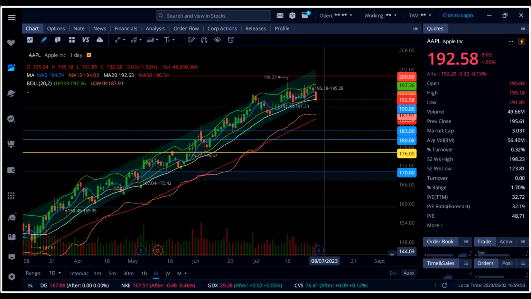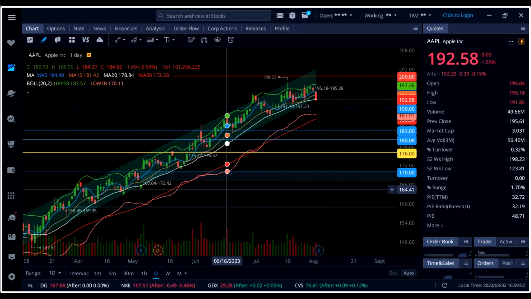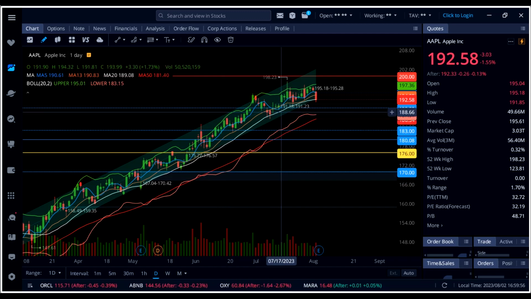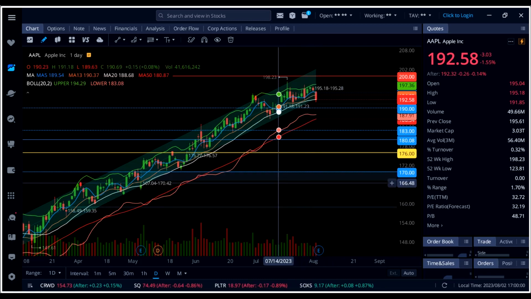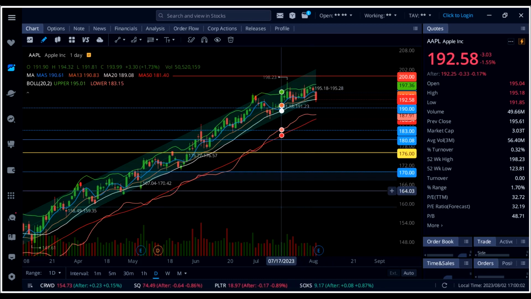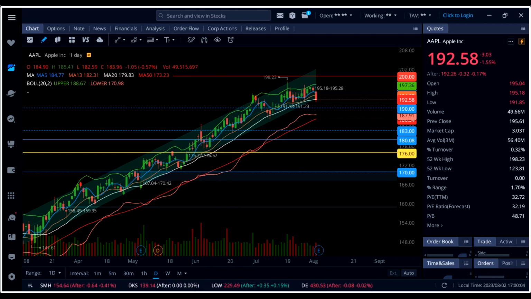Apple stock is down 1.55%, and finally Apple stock is down, but not quite closing this gap down here at 191. Came down to 191.85 and now trading at 192.58. We do have resistance now. Apple stock trading under white line 20 SMA